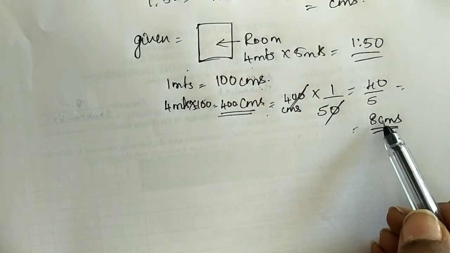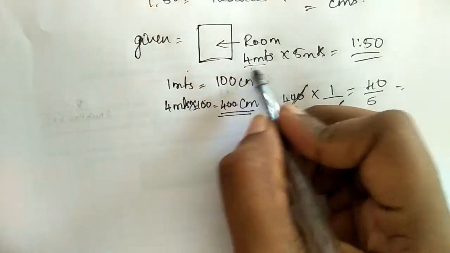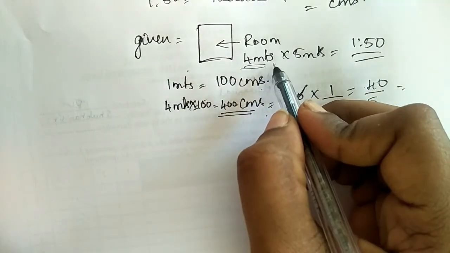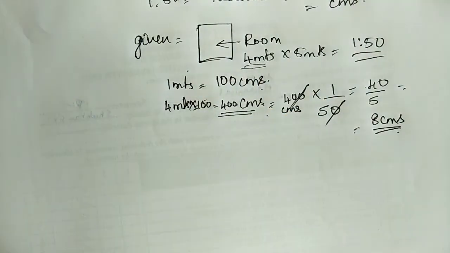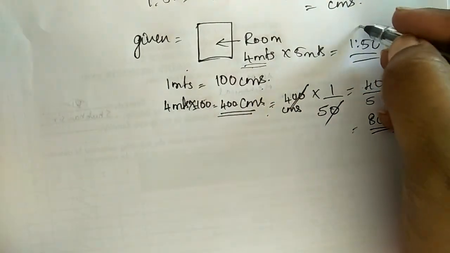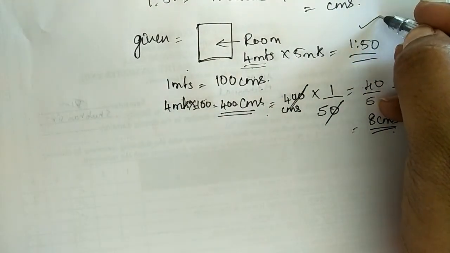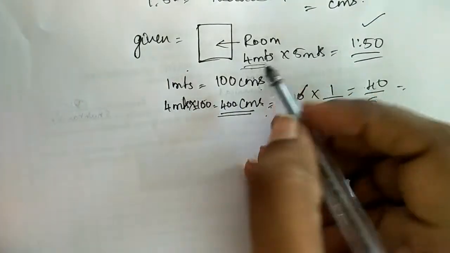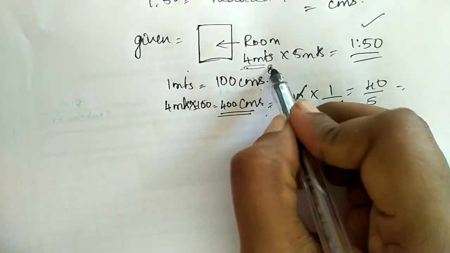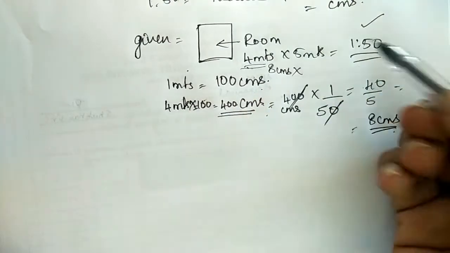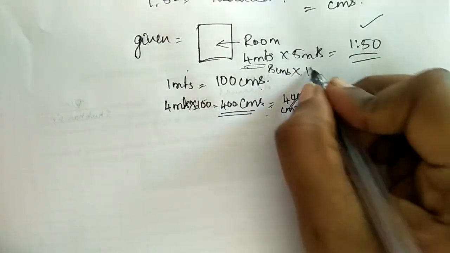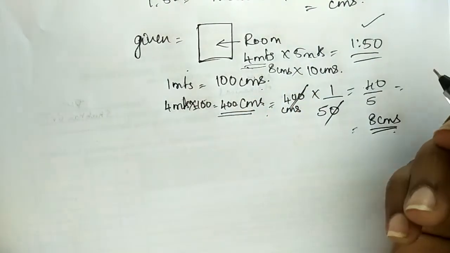8 centimeters. That means whatever given data is there, you have to just double it. It will be always double. So if 1:50 scale is given, that means it is always double of the given data. तो यहाँ पे अगर 4 मीटर है तो इसको आप ड्रॉ करोगे 8 सेंटीमीटर्स. अगर ये 5 मीटर है तो इसको आप ड्रॉ करोगे एज 10 centimeters.